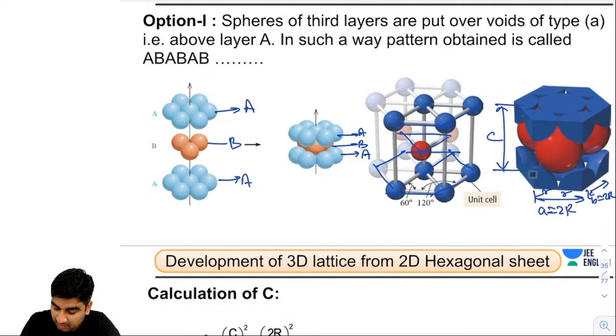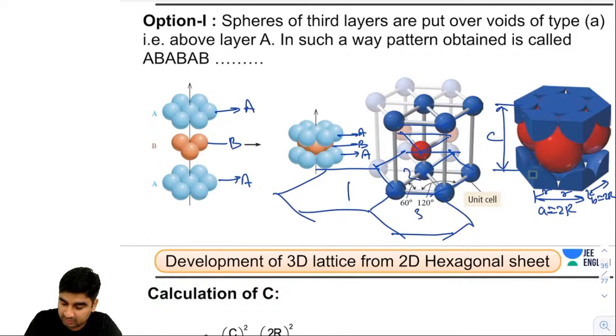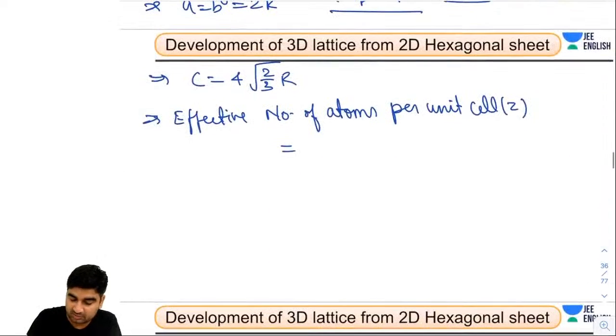So guys, here I can see one atom will be shared by 1, 2 and 3, and there would be 3 below. So one corner atom would be shared by 6 hexagonal unit cells. Here the unit cell is not cubical. Here the unit cell is hexagonal. So if these are shared by 6, the effective number of atoms per unit cell would be